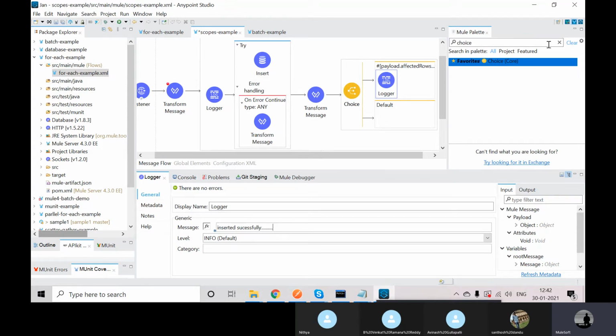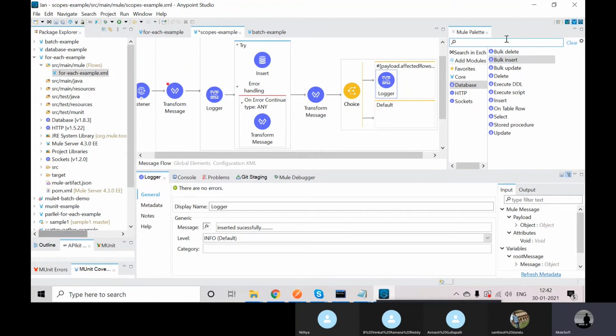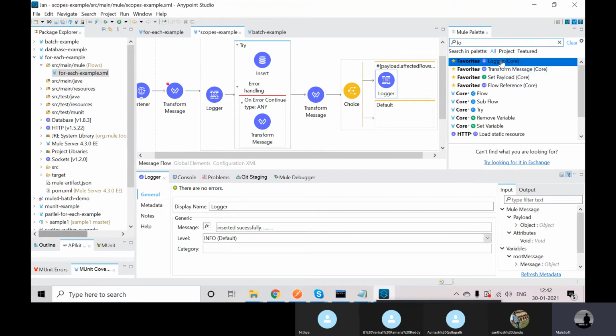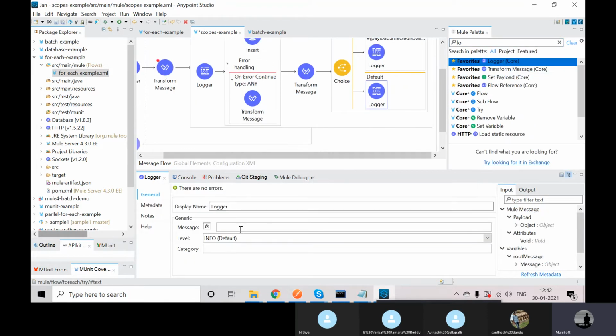Otherwise it will print the failure, right? So logger, inserted failure. So in many ways we can write actually.